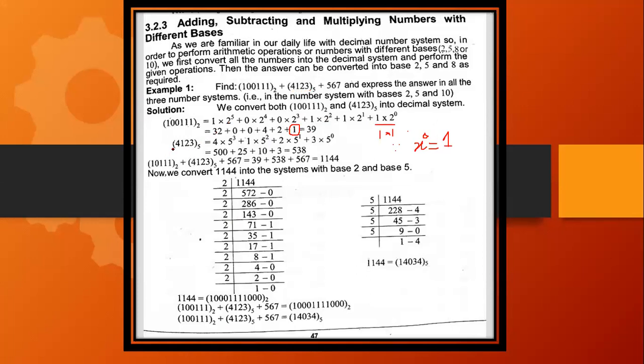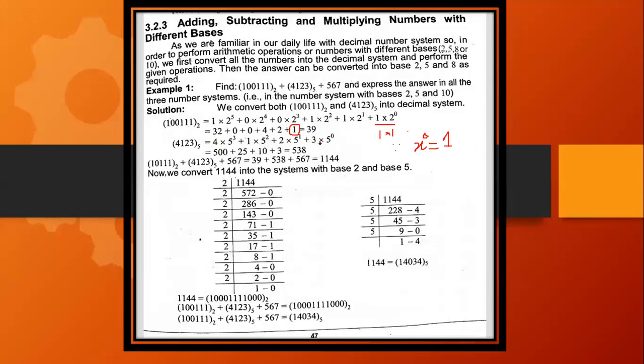अब मैं इसको count कर लेती हूँ. 4, 1, 2, 3. टोटल मेरे पास 4 नंबर हैं. अगर मैं इसको 1 डाउन करूँ या इसको 0 से स्टार्ट करना चाहूँ तो मुझे जो इसकी हाईएस्ट पावर है, फर्स्ट वैल्यू को देनी पड़ेगी. दैट वुड बी 3. So I will write 4 into 5 to raise power 3 plus 1 into 5 to raise power 2 plus 2 into 5 to raise power 1 plus 3 into 5 to raise power 0.